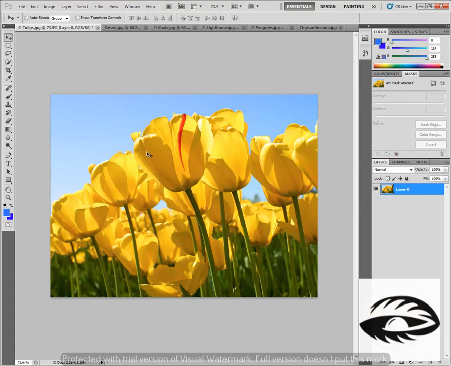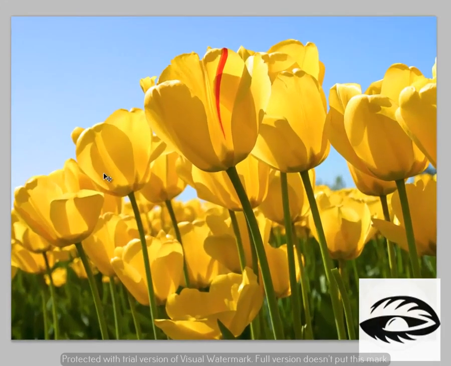For example, if I want to select only this flower over here, if I try to use my lasso tool, that obviously won't be possible because my mouse moves a lot. Selection won't be proper.